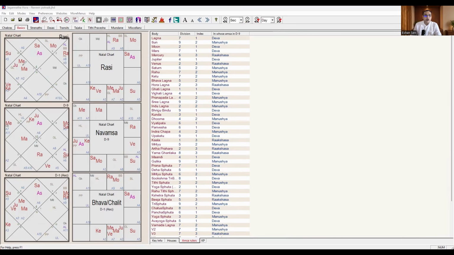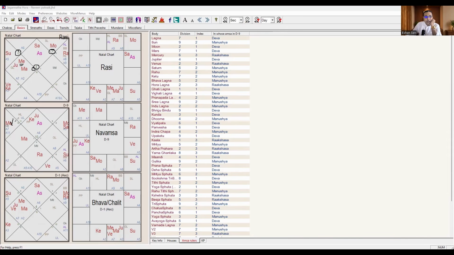See, Mercury is in Libra in the 4th house along with Mars and Jupiter. Is Mercury a good planet for the Cancer ascendant? No. Mercury is obviously not a very good planet for the Cancer ascendant because it rules two houses, the 12th house as well as the 3rd house. Though Marakam, Na Marakam, I'm not going into that. But Mercury is not a very good planet for this ascendant. And let us check the condition of Mercury in the D9.